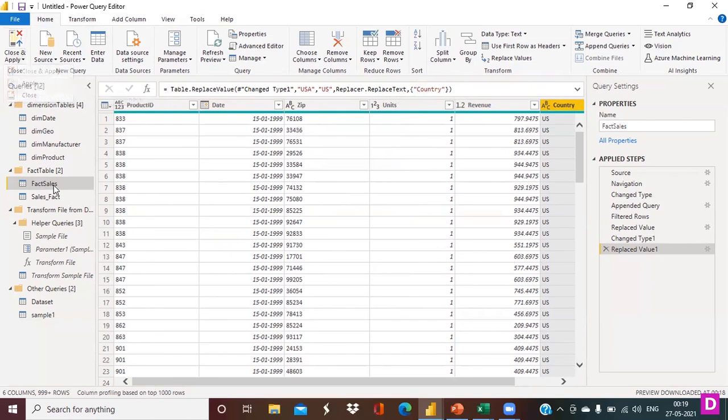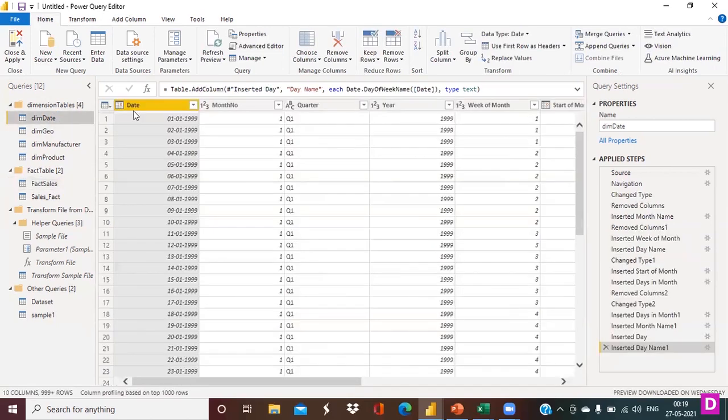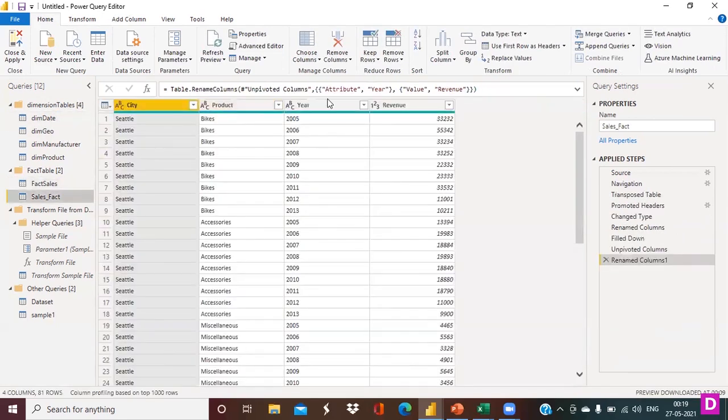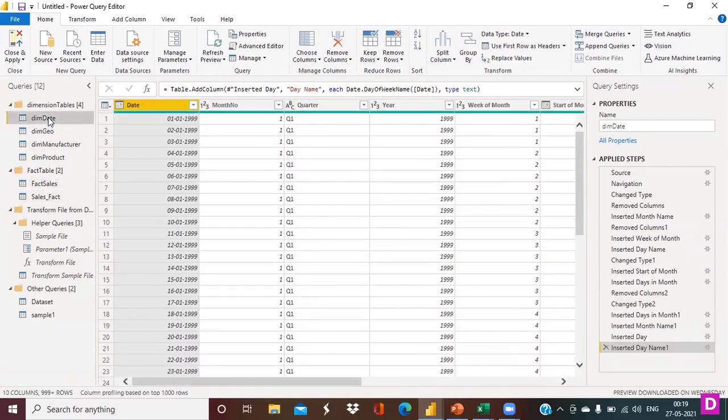But before that, in the remaining part of the video, we'll talk about one more very important point in the Power Query editor: creating calendar tables. Sometimes we have date values in the dim date table, and we have the sales fact table where we don't have a date column. But for analysis purposes, year-wise or month-wise analysis, we need a calendar table created between two specific dates, let's say from 1st of January 2013 till maybe 12th of December 2020. We want to create a proper calendar table